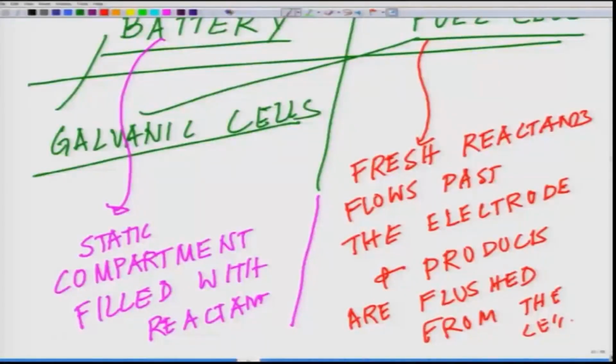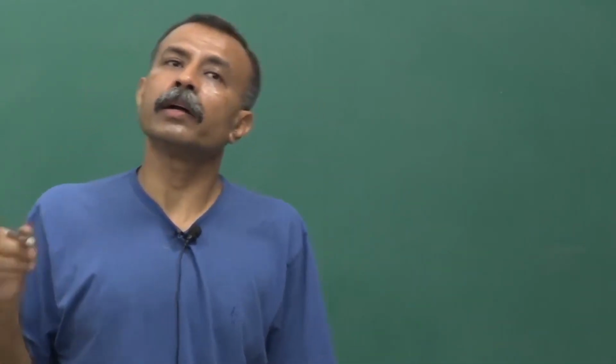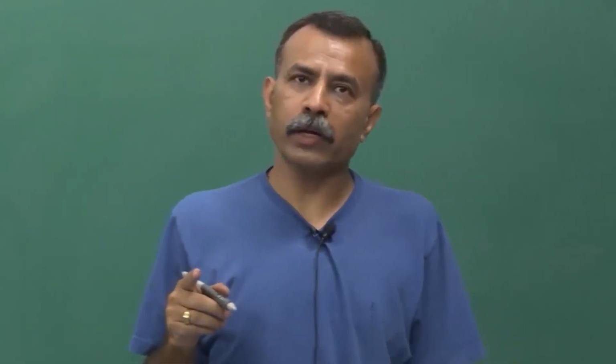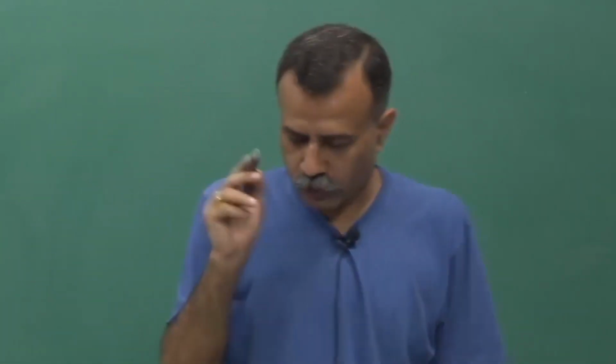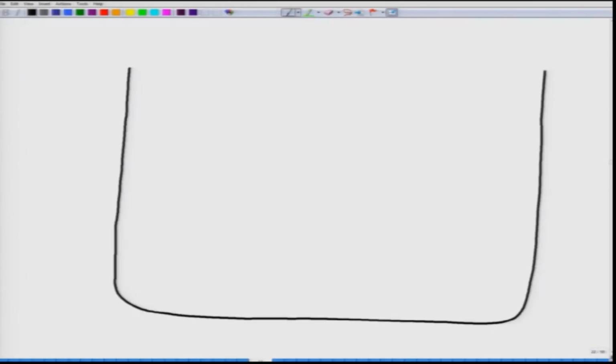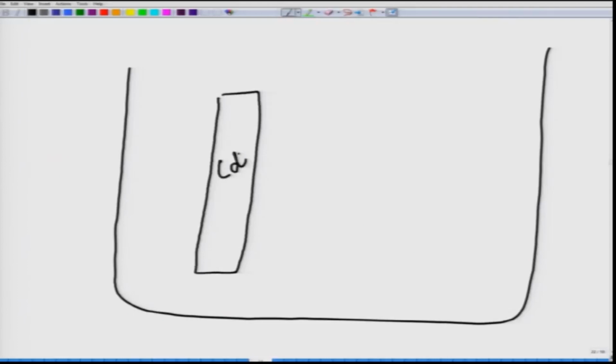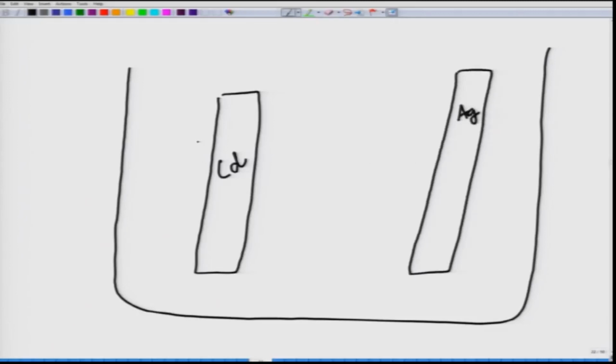So, now let us draw another. We talked about the copper and the zinc in the previous class. Today we will talk about a different kind of electrode where it will be a cadmium and AgCl. So, to start off with, let us draw a galvanic cell where you have an electrode which is cadmium electrode, Cd, okay, and you have an AgCl electrode which is Ag, and here you have,